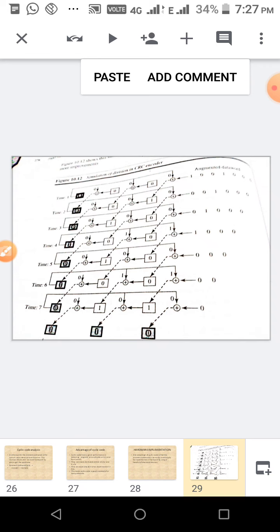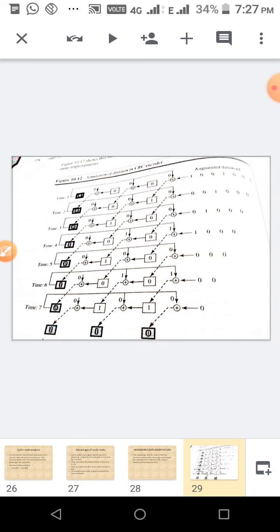Listen one more time, I am explaining. The first bit of the dividend, that is 1, is XORed with the leftmost bit 0. So the answer is 1. Then next, 0 is XORed with the leftmost bit 0, and again you will get 0. And then the third bit, 0, is XORed with 0. So the result is 1. Okay.